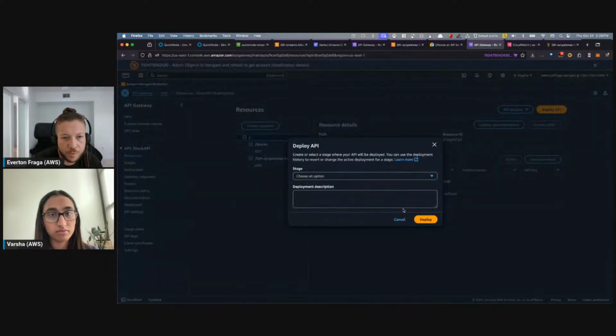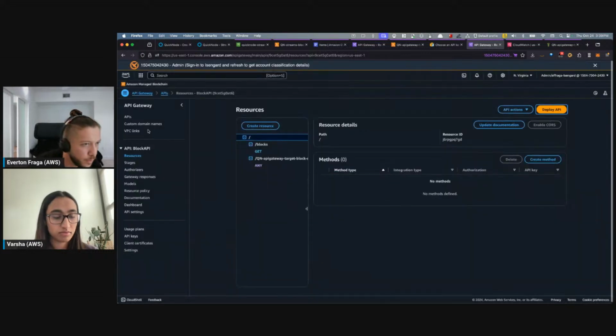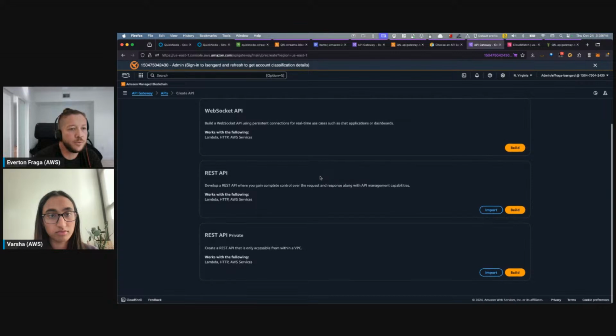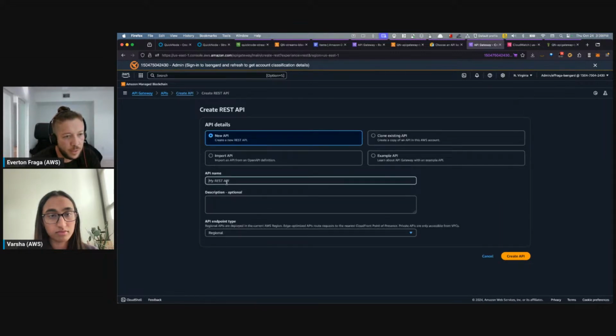You can come and click on deploy API. You should choose, sorry, this link. Create API, you select, let's say, your REST API, and then you put a name, QuickNode block metadata.